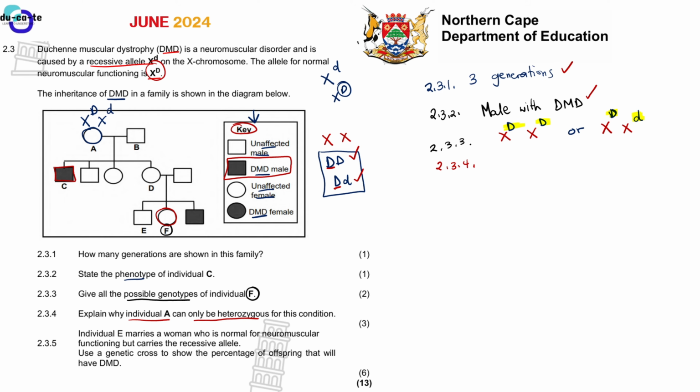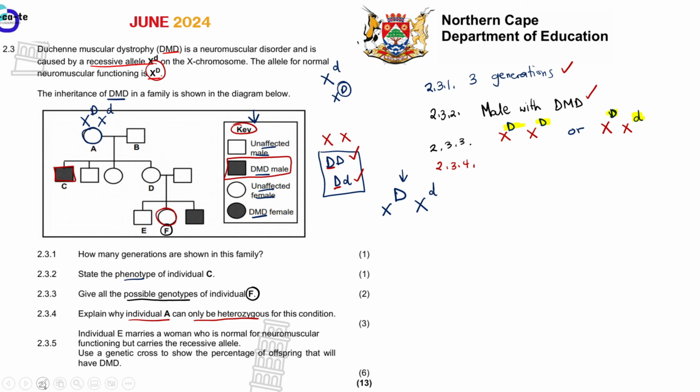Explain why that is. I've done a similar question here. I will also drop the link in the description. For you to be able to assign the genotypes for the parents, you look at the offspring. So basically, you have to explain why the female has a capital letter D, because heterozygous is capital letter D, small letter d. Why can this female have a capital letter D? And also explain why this female can have a small letter d. And you are done. You just explain those two things.